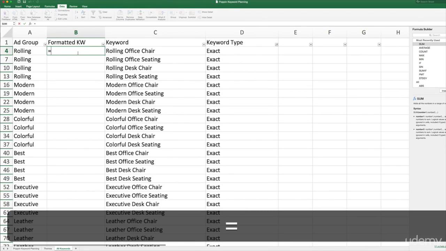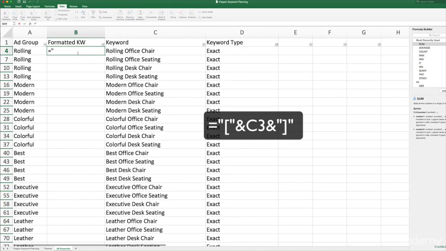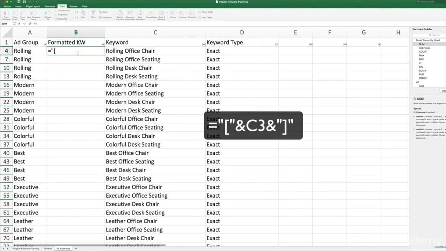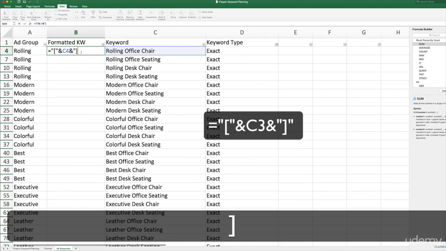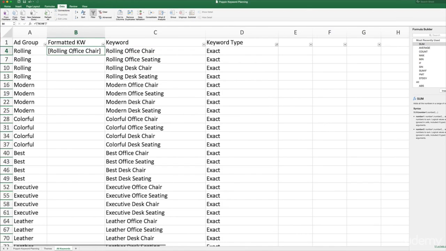So it's equals, quotations, and we don't need to worry about the single parentheses, because the single parentheses was to give us the appearance of the quotations. So for the brackets, all it is is open quotations, open bracket, open quotations, ampersand, our cell, which is C4 in this case, because keep in mind we have the filter on, ampersand, close quotations, close brackets, close quotations, we hit enter, and we have our keyword surrounded by brackets in the